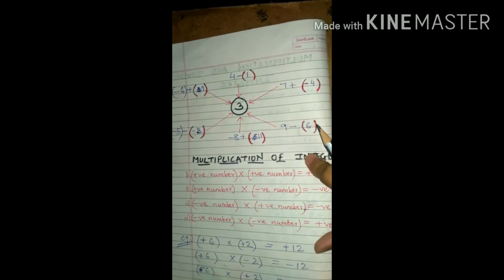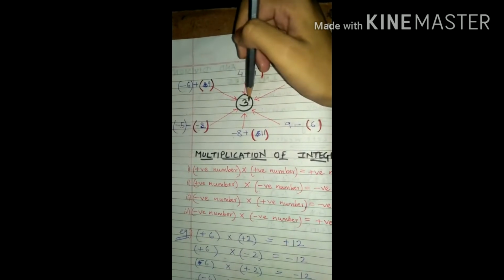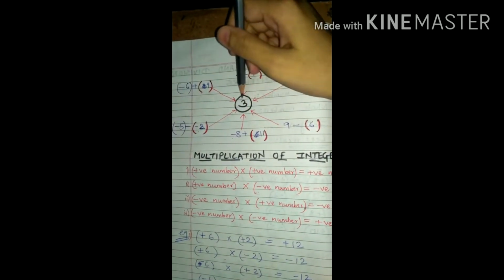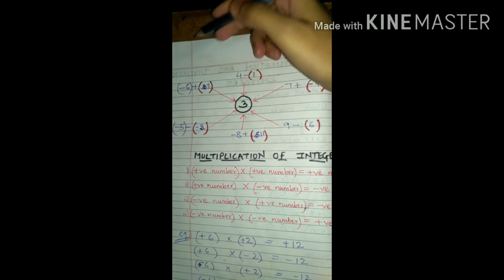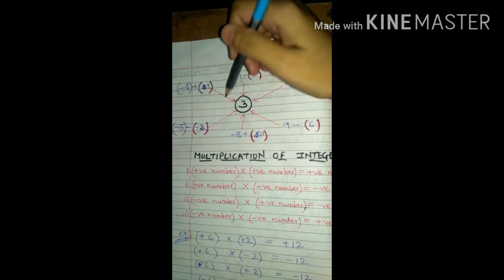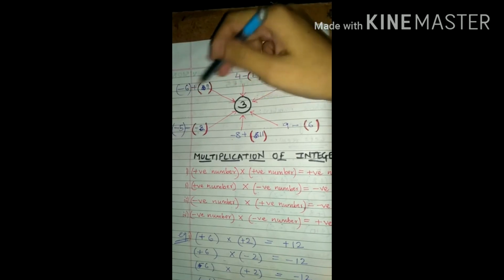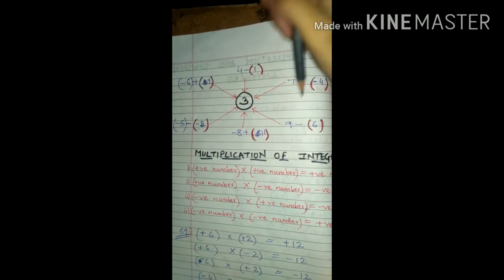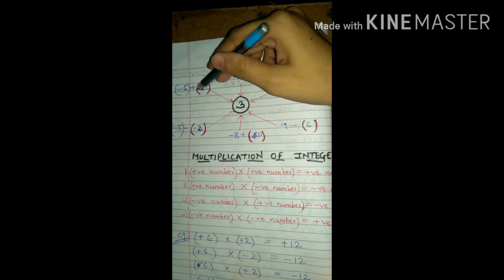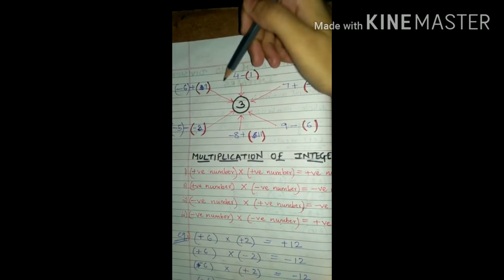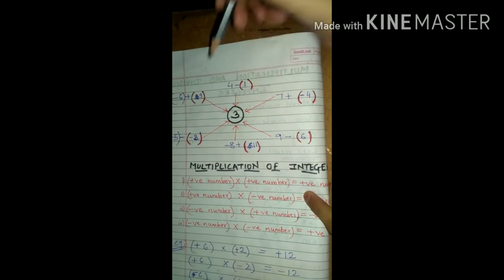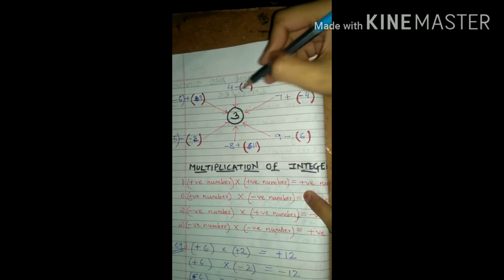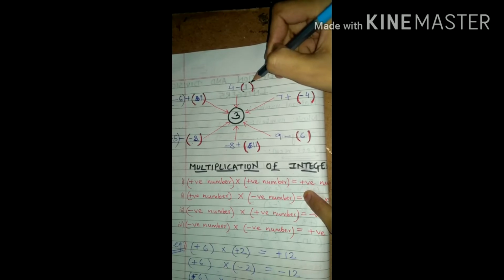Now see, this you have done in your lower classes, like we want this number 3, so how will we get this number? By adding or subtracting. But here we have to add or subtract with integers. Integers means it includes minus, negative numbers also. So here you have to think a bit. So see, 4 is given, and this red marked bracket is what? This you have to fill.